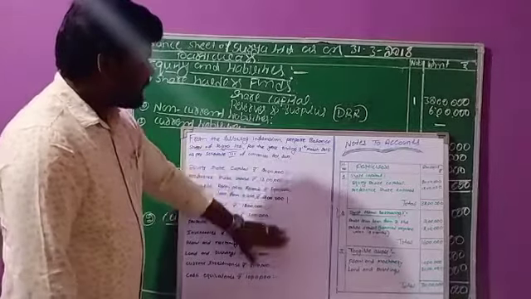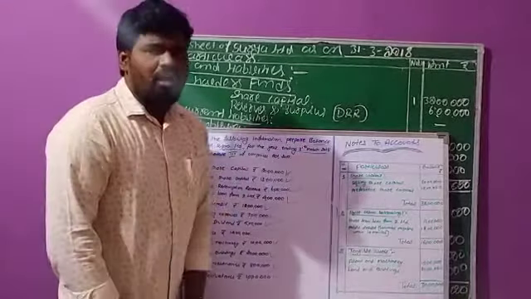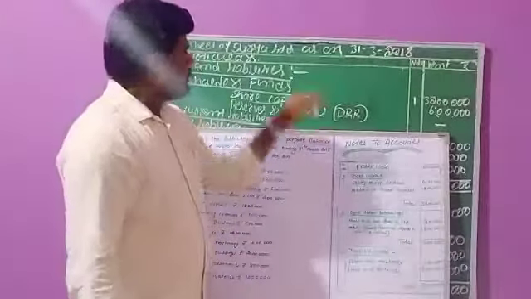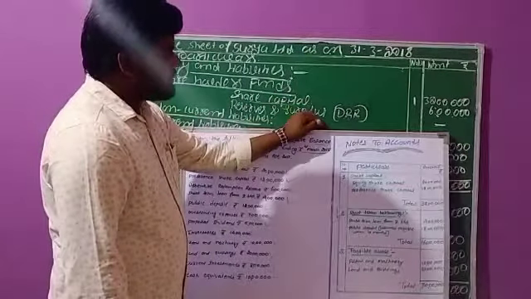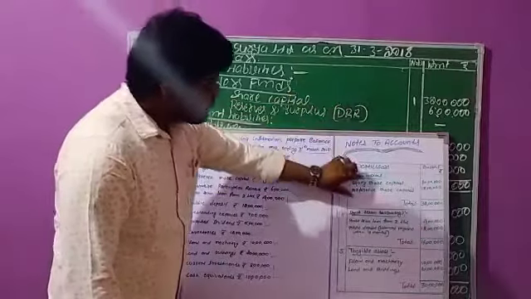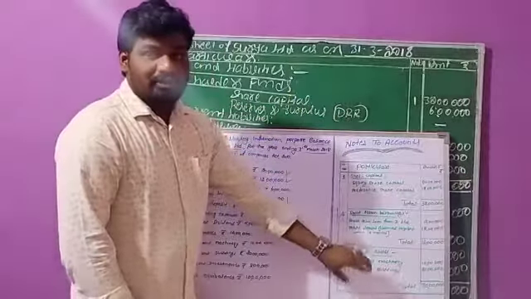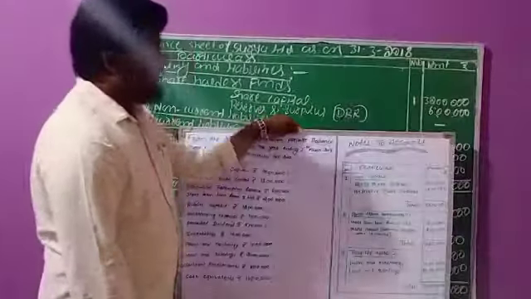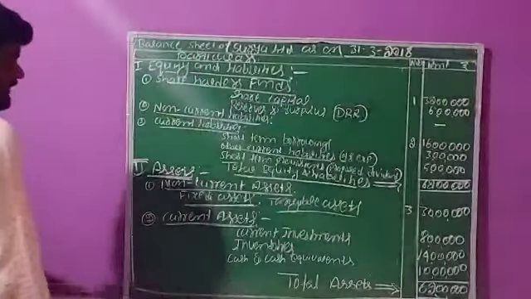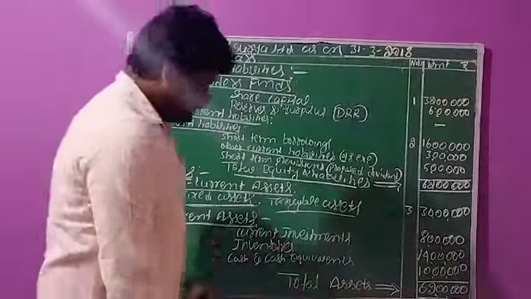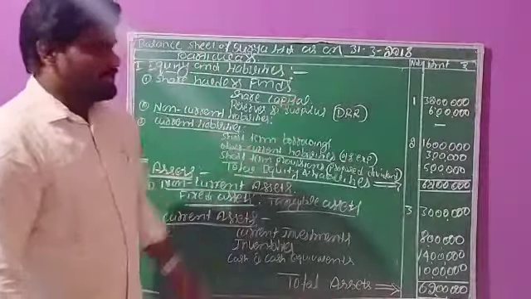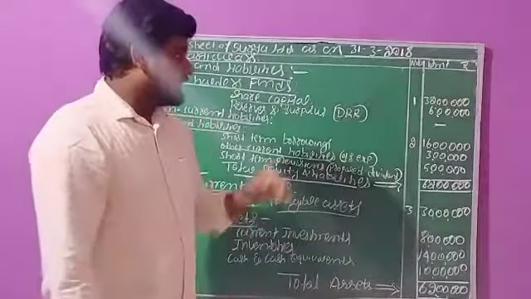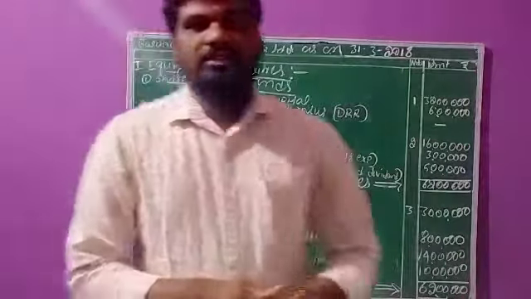So whatever information they gave in the question, all of it we utilized for the preparation of this balance sheet. For this balance sheet we have three working notes. Working notes are a must, and we need to prepare them at the time of preparation of the balance sheet. So this is the solution regarding the preparation of the balance sheet. In the next upcoming session, we will see some more questions related to this balance sheet. Thank you, students.